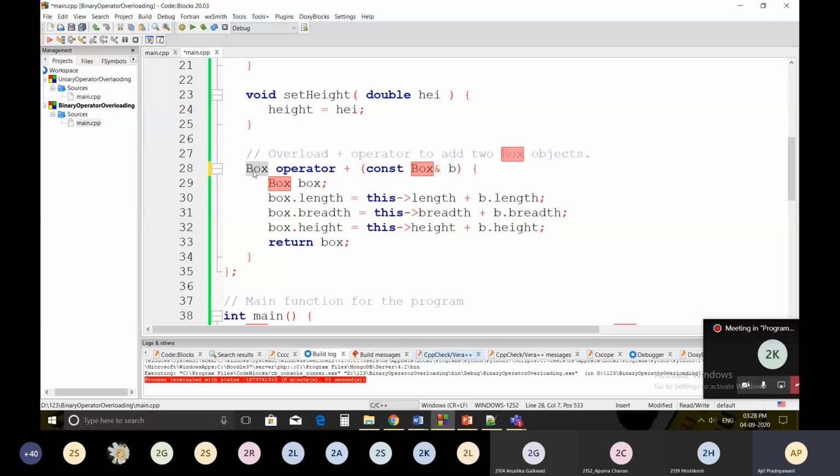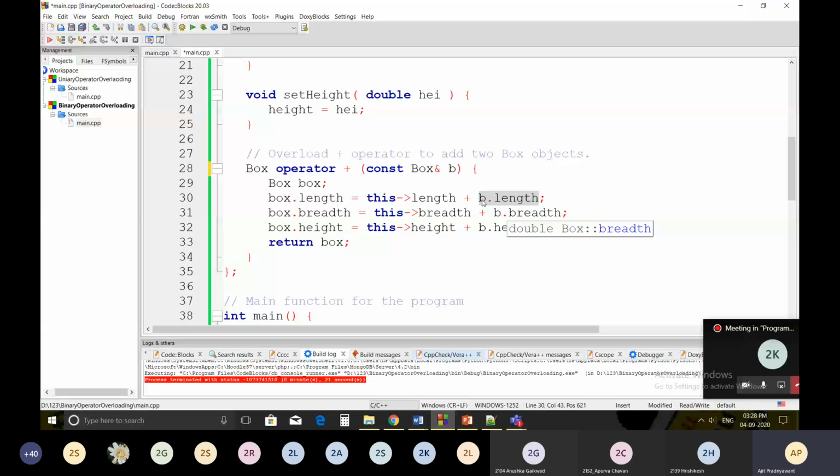Again, I am repeating: this is the return type, this is the operator keyword, this is the operator symbol, this is the argument list, Box address of b. Then box.length is equal to this length, that is the first box length, plus b.length, that is the second box length.